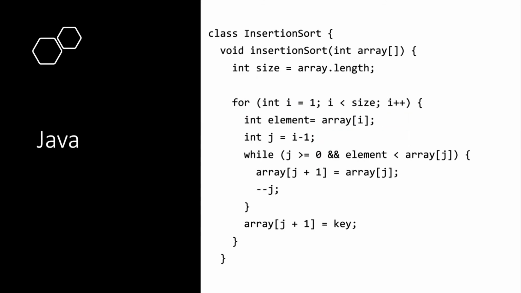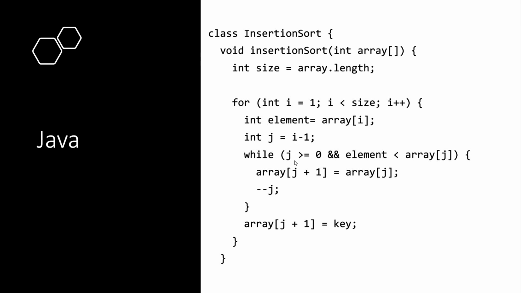Let's take a look at the implementation part in Java. So we are going to have a class called insertion sort and a method which takes in an input array of integers, and then we are going to find the size of the array and assign it to the size variable. And then we have a for loop where we start from index 1 because the 0th element does not have any element to compare to, and then that element is assigned to a variable called element, and then we are going to have j as i minus 1